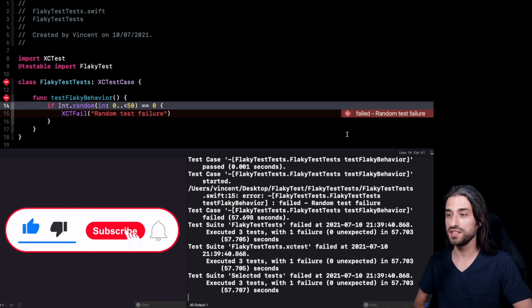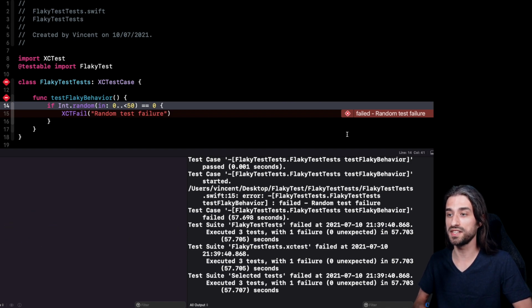As we've seen, this new tool in Xcode 13 to help us spot and fix flaky tests is extremely simple. And that's actually a great thing, because if today you already have some flaky tests in your code base that are driving you crazy every time you are pushing code on your Git repo, well, now you can just download the beta of Xcode 13, use this new tool, and with this option of being able to run a single test repeatedly, I'm sure that you will be very easily able to spot the reason why the test is failing, and you will be able to fix it.